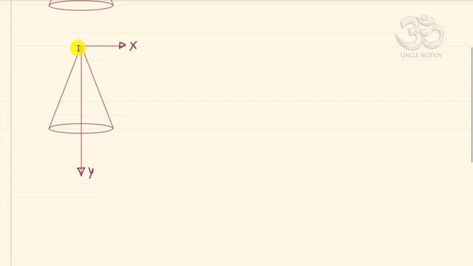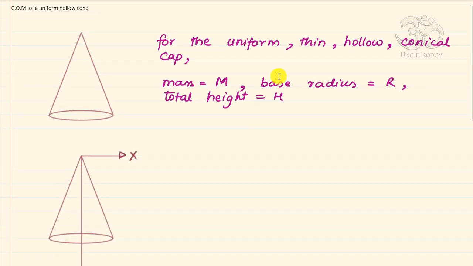Now what I will do is, I will not try to work in terms of vertical height. I will try to work in terms of slant height, because that helps me to find out the surface areas very easily. You know the formula for the surface area of a cone is pi r L. So what I can say here is that this entire mass is distributed on the total curved surface area. There is nothing inside, and there is no flat circular region at the base. So this is completely hollow everywhere. The base also is just a boundary. There is no disc-like thing over there. So the entire mass m is in the curved surface area.